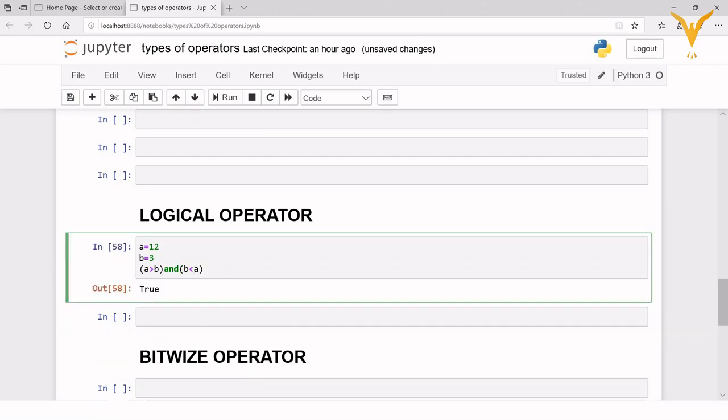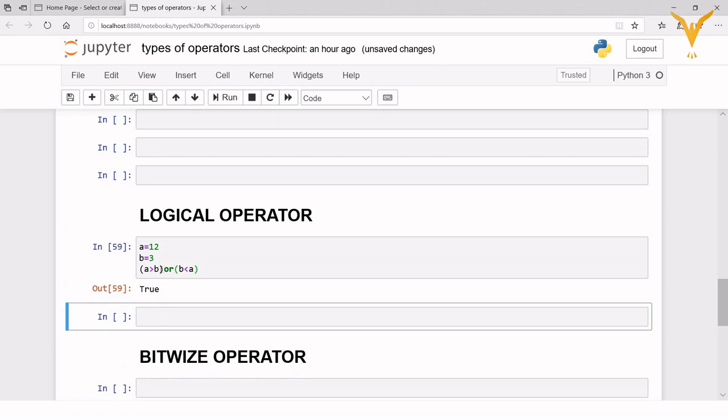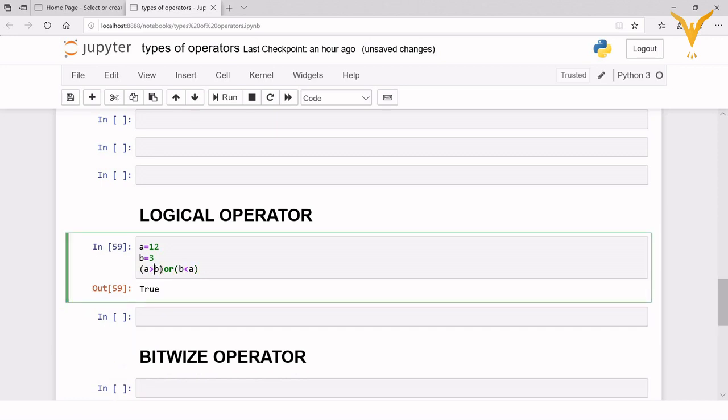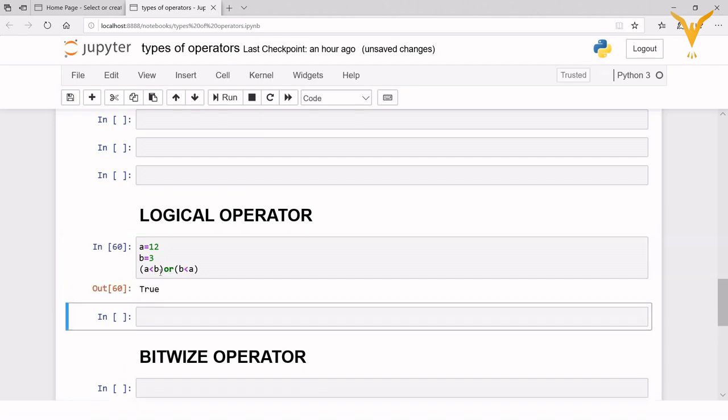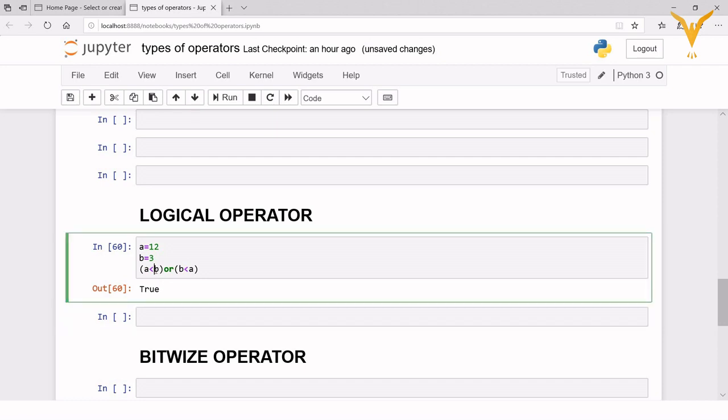Okay, now instead of and, if I used or operator, then also it will give me true because both the conditions are true. And suppose or operator says that if any one condition is true, then also it will give me true. Now in this case, first condition is false and second condition is true, but as we are using or operator, so it will give me true. Clear with this? Then or operator will give false if both the conditions are false, right?